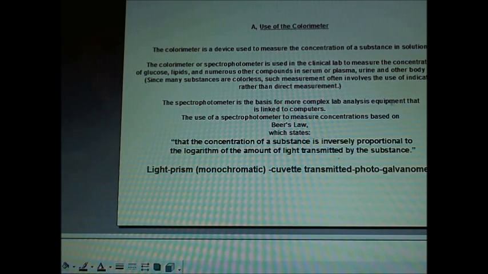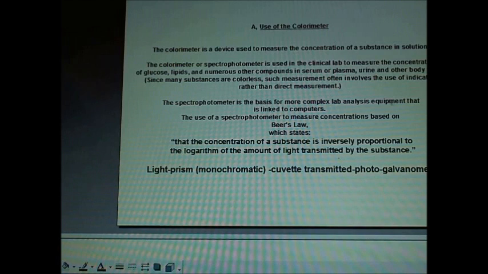Now, the other thing, a colorimeter, in order to work properly, it must obey Beer's law. Now, this is kind of a circular argument, but whatever is being measured must obey Beer's law, as does a colorimeter. So Beer's law states that the concentration of a substance is inversely proportional to the log of the light transmitted. Meaning, the more concentrated the substance is, the less light is transmitted through